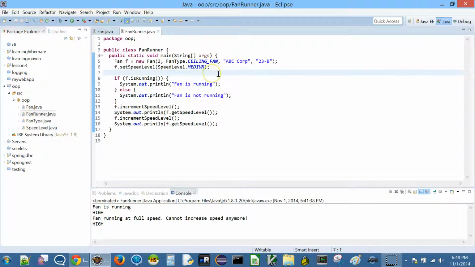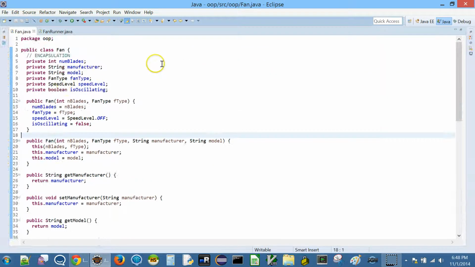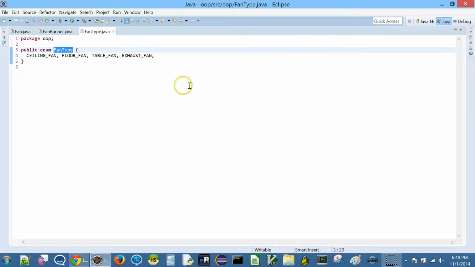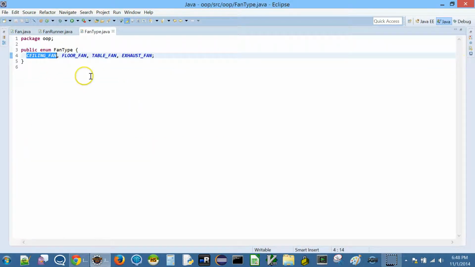Okay, so we are now getting into object-oriented programming. Now what is inheritance? We are going to study about that. That comes very much into this fan type business. Now we said here fan type, right? Now a better thing, rather than using enums, is to abstract it out into an object hierarchy. So what I mean by that is, let's just visit this enum. So is ceiling fan a fan? Of course it is a fan.